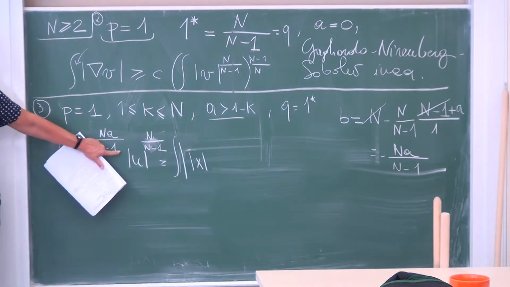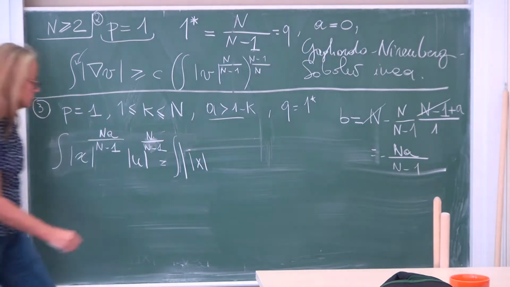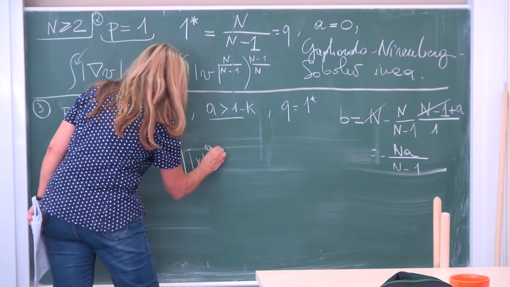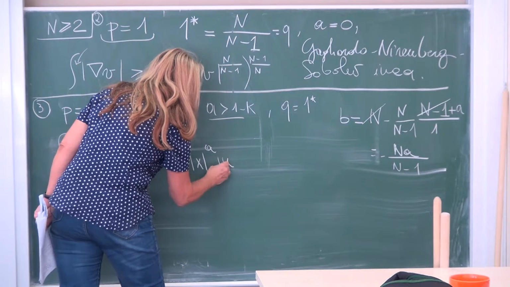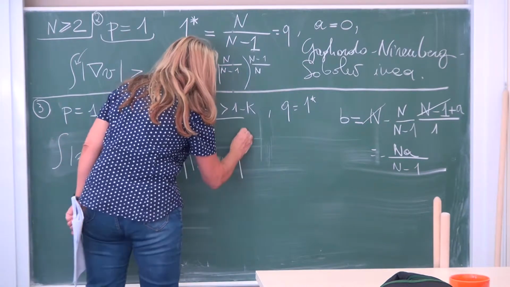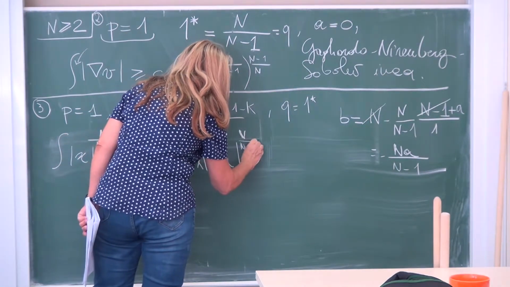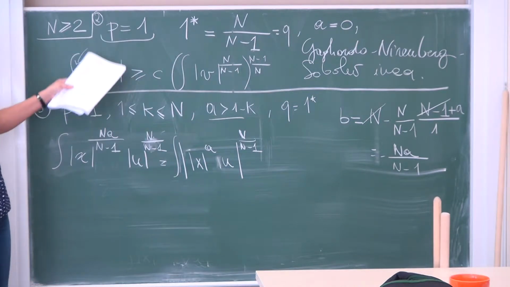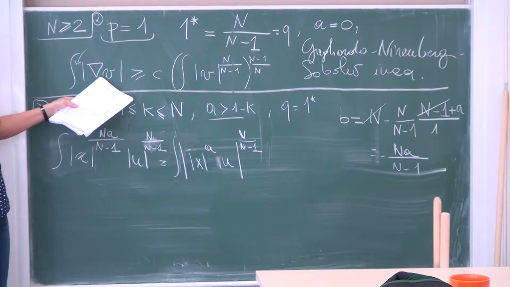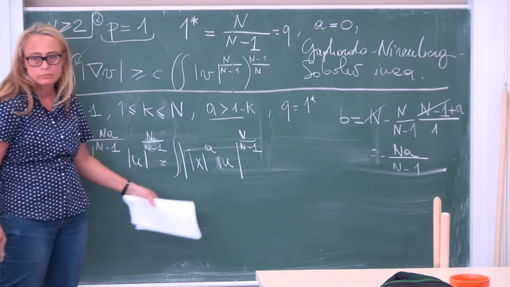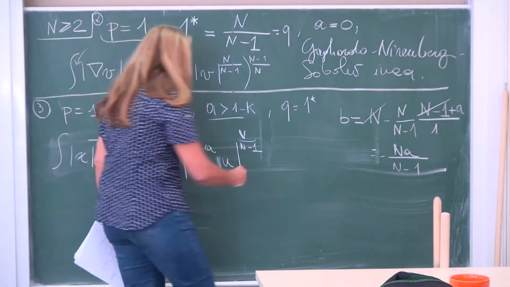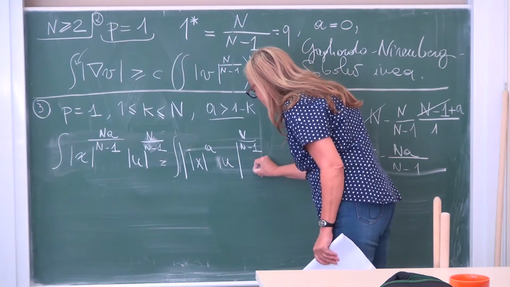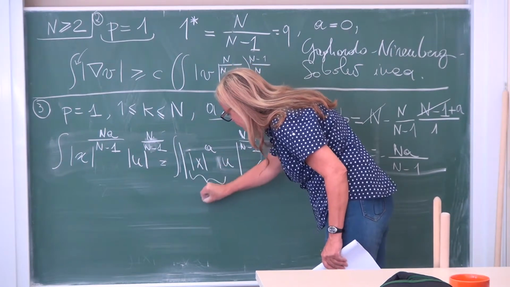You can see here I have N over N minus 1. Simply a trick. Then I apply the previous step with V equal to this function. So this is the function V,